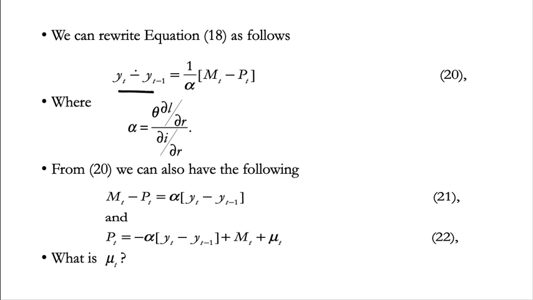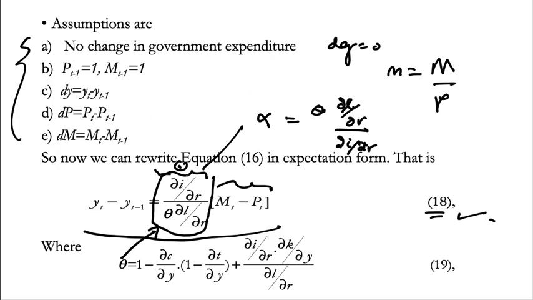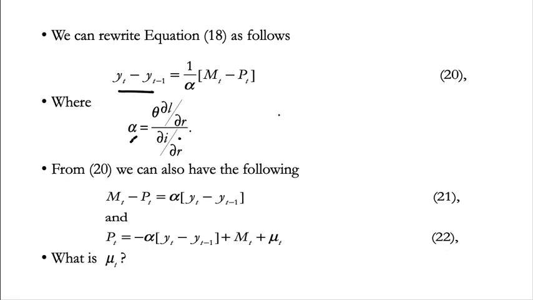On the left hand side is dy. On the right hand side is actually dp plus some other terms. So you see here, this is what I said to you just now. If alpha is like this, then 1 minus alpha is actually the same as this value. This is just the reverse of this. Now next, from 20, if we rearrange it again, this is just a matter of rearranging the terms from left hand side to the right hand side and cross multiply, because it gives you very rich interpretation of different kinds of things in macroeconomics.